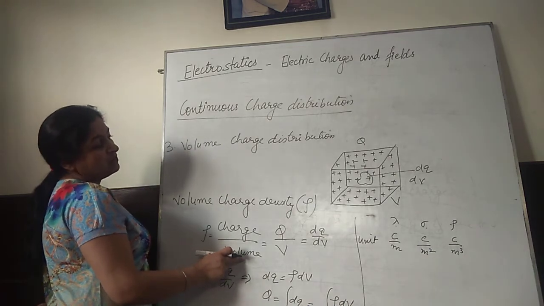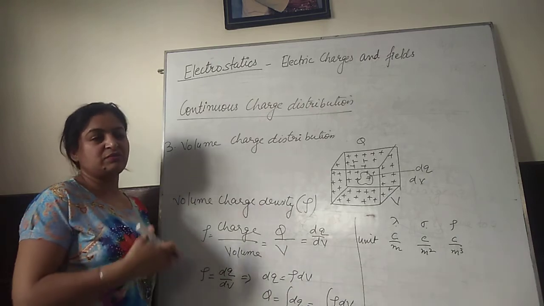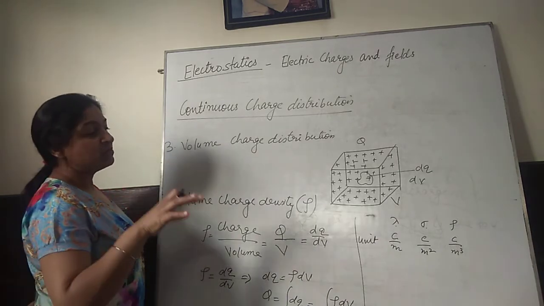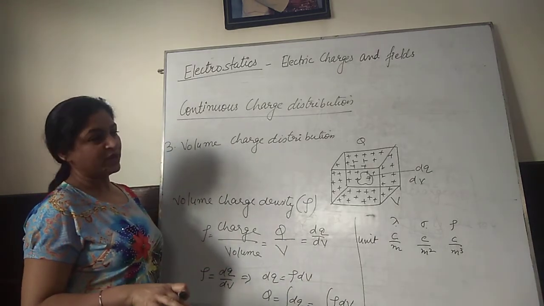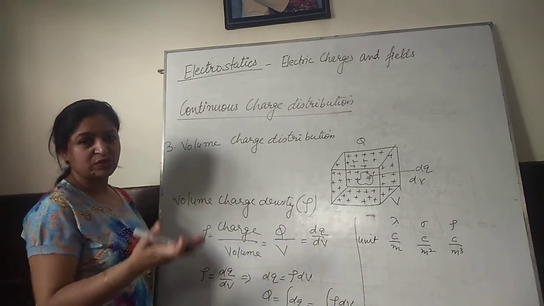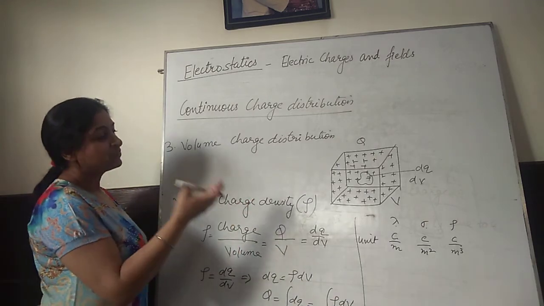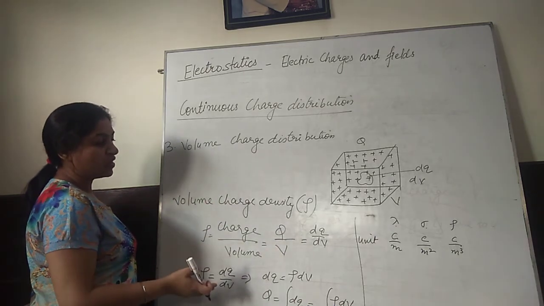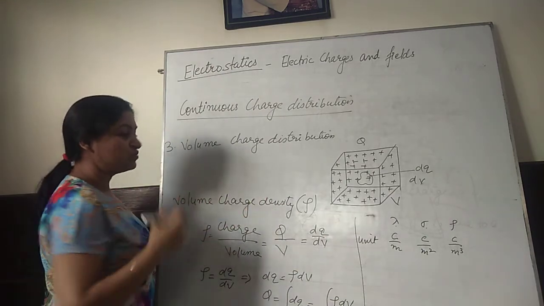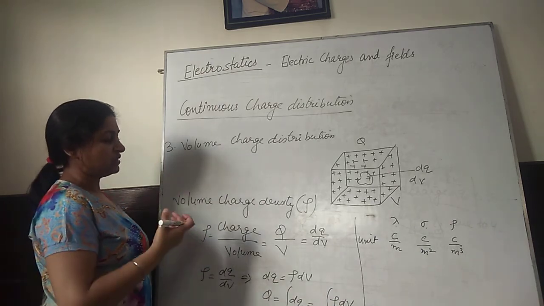And sometimes you may be given some question on surface charge density. Suppose some sheet is there, some square sheet, some rectangular sheet, circular sheet, and some charge is given to that. Means by the dimensions of the object, first you have to find out whether length is given or area is there or volume is there. You need to find out the length, area or volume, and you have to see what charge is given to that, and then you can apply the formula to find out linear charge density, surface charge density, or volume charge density. So any of the things can be asked, and some conceptual questions may also be asked about this.